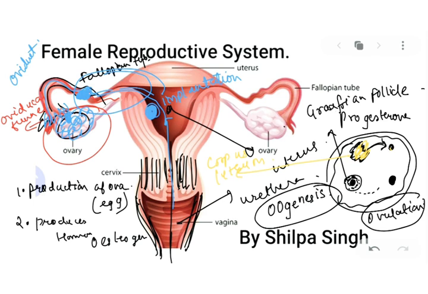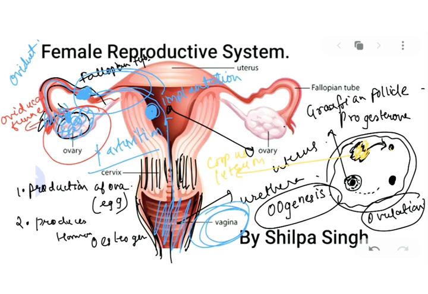Next part which we will be doing is vagina. Now what is this vagina here? Vagina is a place in woman's body from where the full-fledged grown baby comes out. Okay, got my point? So this vagina is a place from where baby is going to come out. Now what is this process of taking out baby from mother's womb known as? It has a scientific term which is called parturition. Are you getting my point?